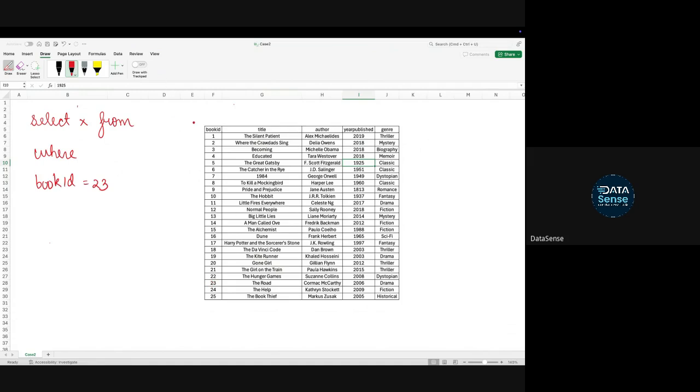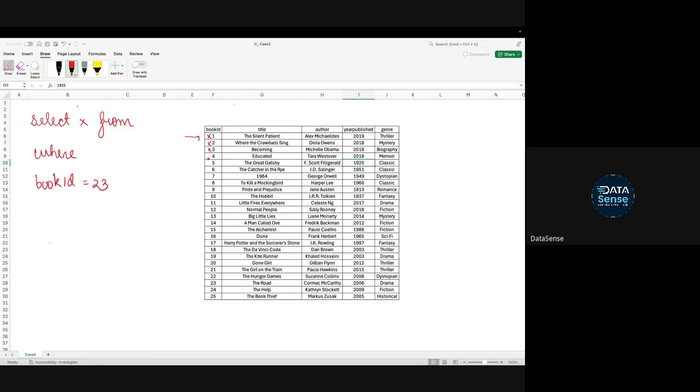First, let's understand this. Remember I told you SQL runs row by row. So first of all, it will go to row 1. It will check, is this book ID equal to 23? Yes or no? No. It will skip. So it will say no, this is not selected. Now next row, is it 23? No. Is it 23?